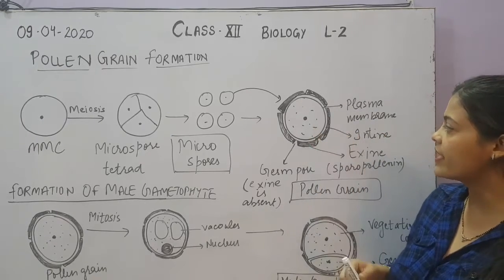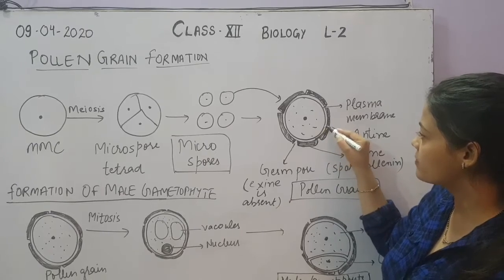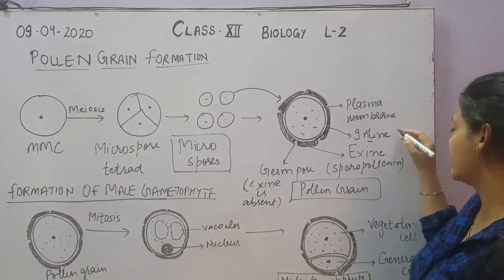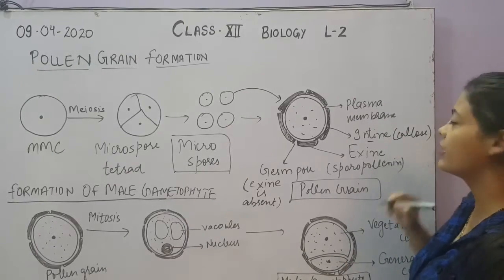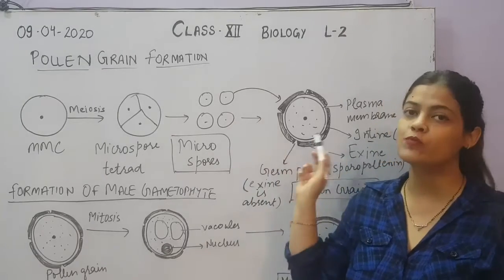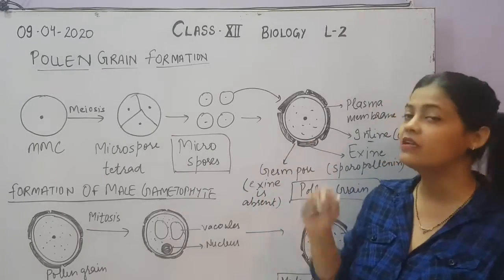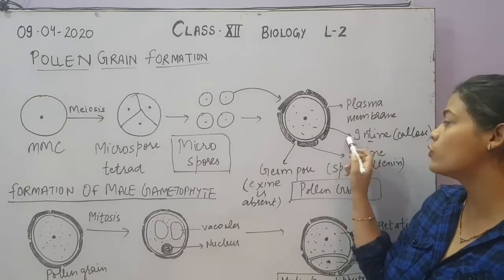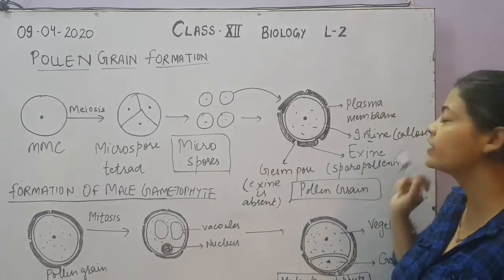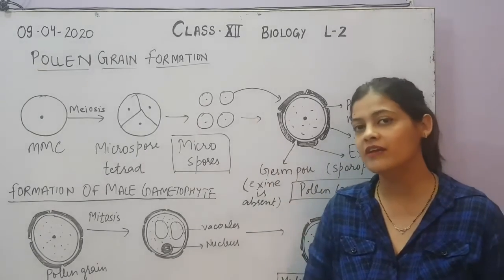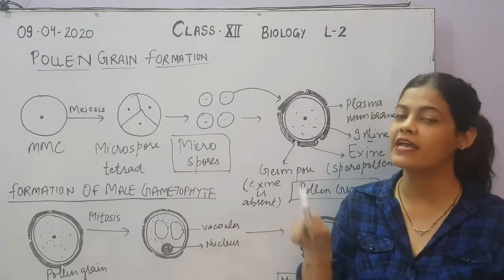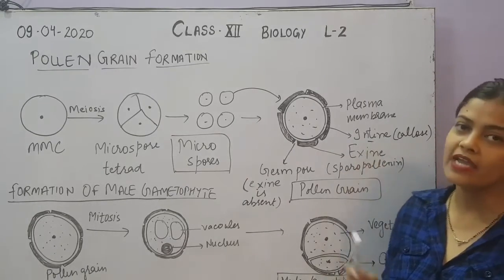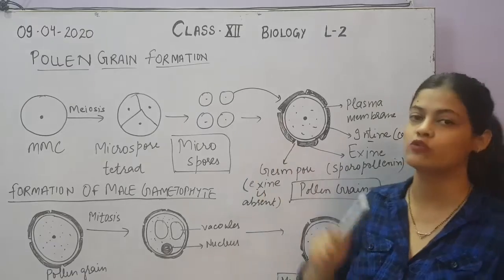Now you can see here the next membrane just outer to the plasma membrane. You can see this line, this membrane. This is called intine. So this is made up of callose. So the microspore will be considered as a pollen grain when first it has 2 layers. Inner one is called intine and outer one is called exine. So inner one is formed of callose. Callose is present in which layer we have discussed yesterday? That is the second layer, endothecium. So it will be secreted by endothecium callose and the intine will be formed around this microspore cell.